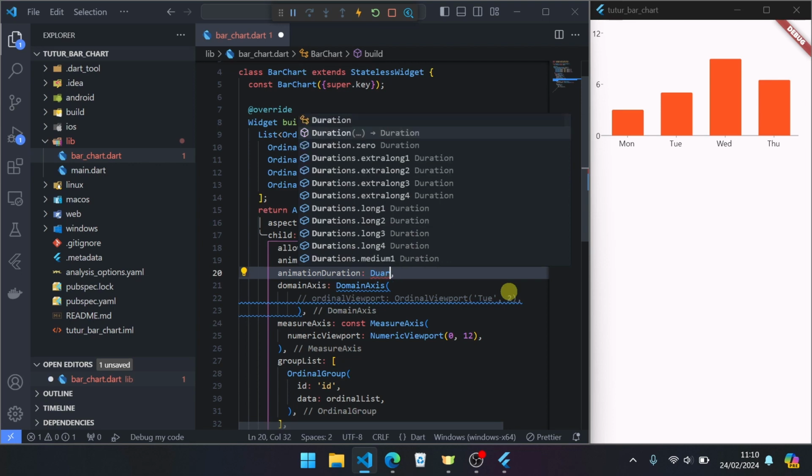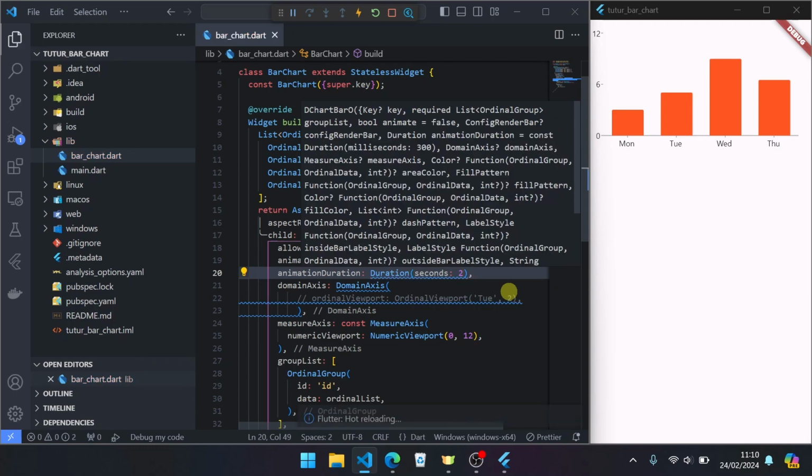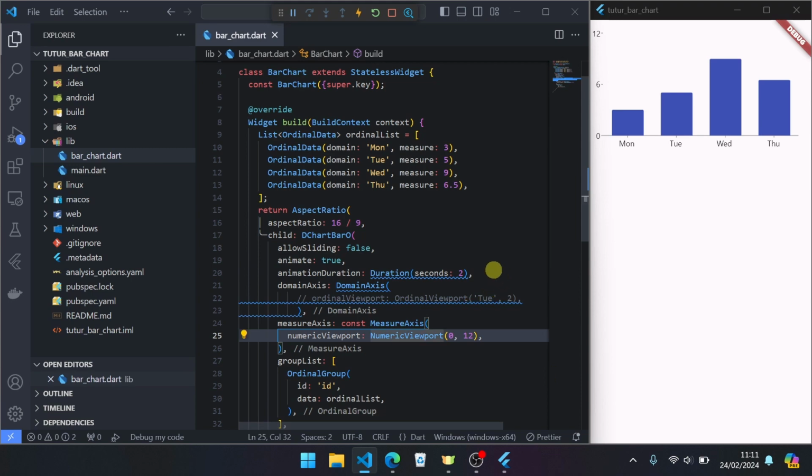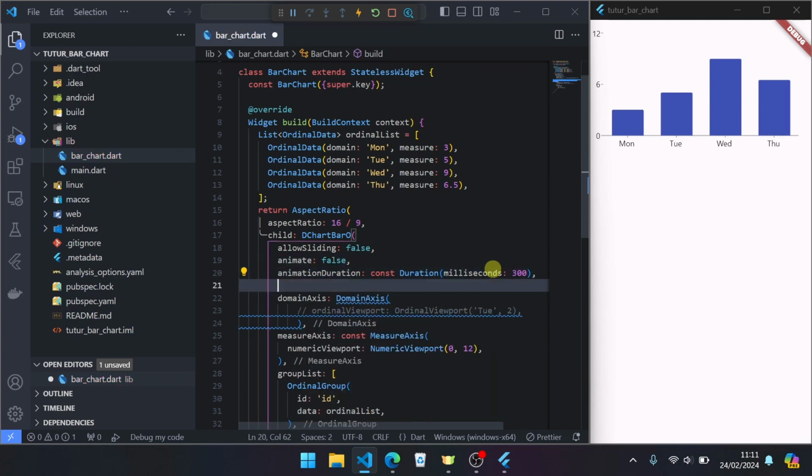If you want to change, you can change to days, hours, microsecond, millisecond, and others. For example, second 2, save, and restart again. The animation is more clear. We can go back and change to default, millisecond 300, and false for animate.